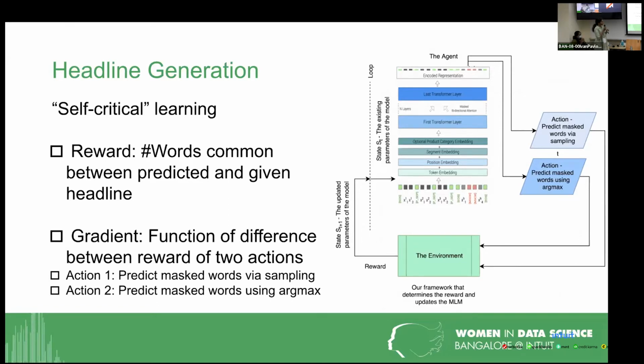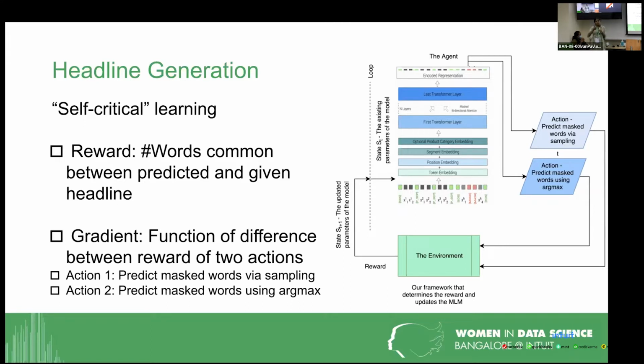Now, this is a non-differentiable function, but we need a gradient for the model to update its parameters. So we make the gradient a function of the difference between two reward functions. One is the baseline action, another one is the preferred action. And we want to maximize the gap between these two rewards, right?